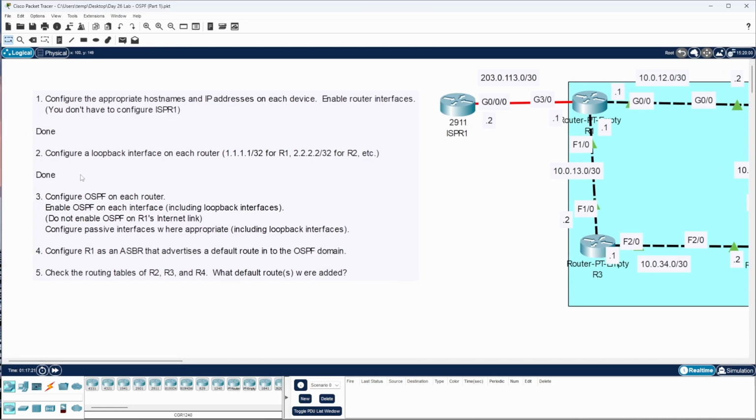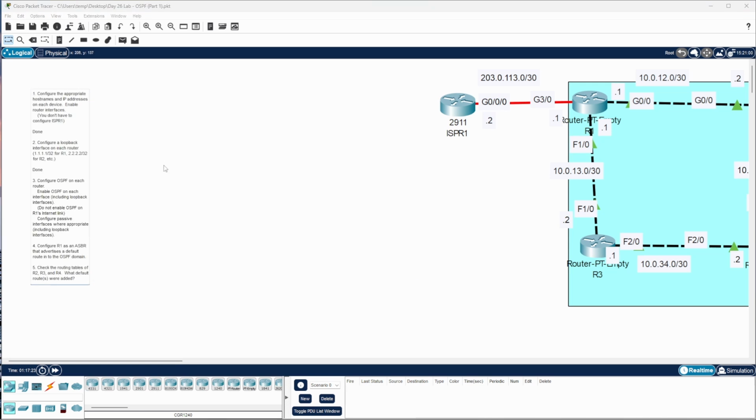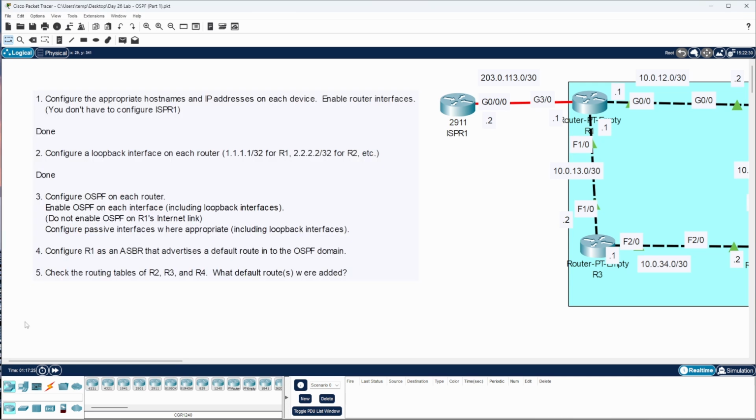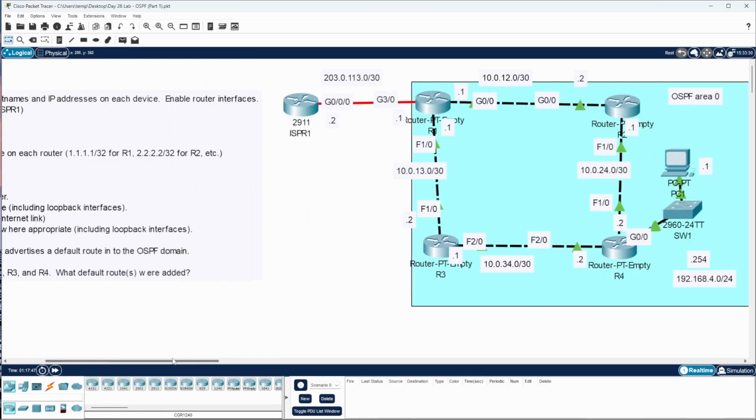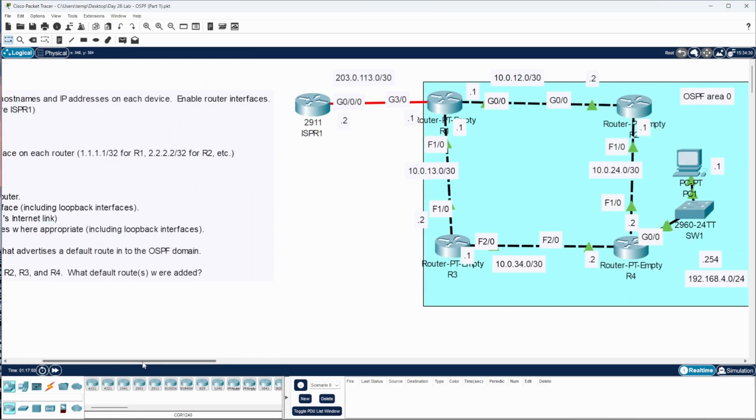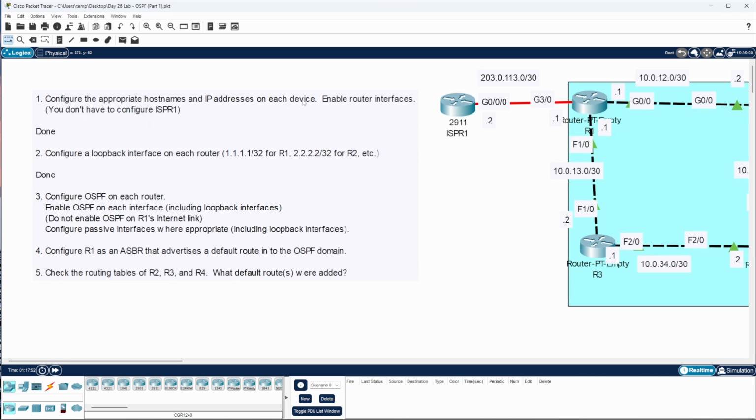So anyway, I was watching his version of this. I didn't watch the whole thing, but when he was configuring the loopback, he made them passive. So we're gonna have to learn a bit about that at some point. The reason he would make it passive, what that does, I don't really know offhand. So anyway, here we go. Jump back in. The thing I was confused about last time was